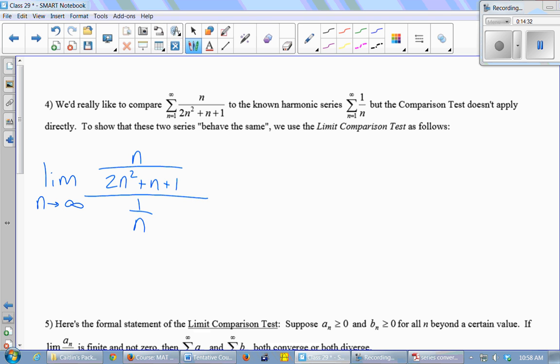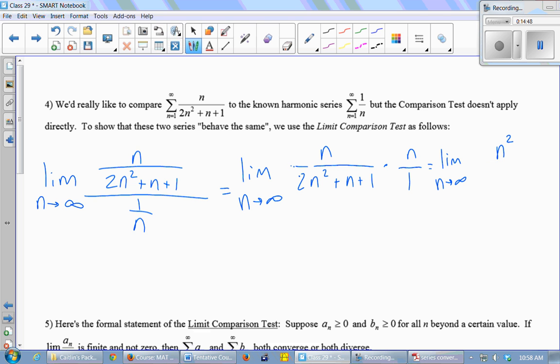So when I try to take this limit, I get the limit as n goes to infinity. I'm just going to do some simplification here. And then flip and multiply. So I have n squared over 2n squared plus n plus 1. And what is that limit? When n gets really large,